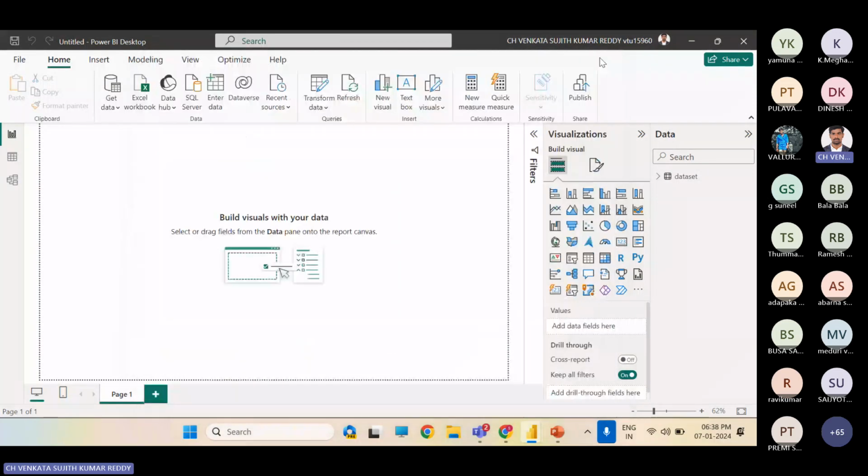And then it is for the refresh. If you are using offline data, there is not much to do with this button. But if you are using any online data source settings and all, it is a very useful thing. You can schedule refreshes, like for every 30 minutes you can ask the system to refresh automatically. But since we are using a free account now, we can't use the refresh button for our online data set.